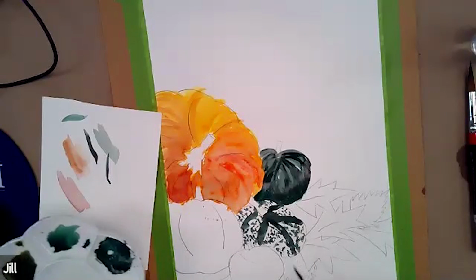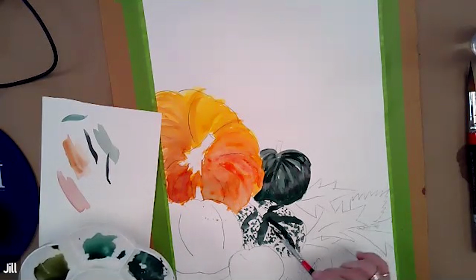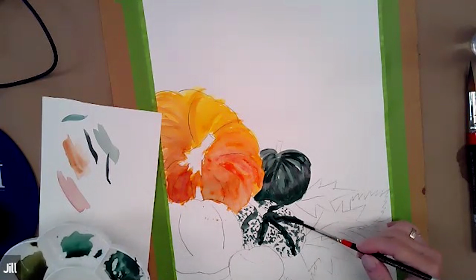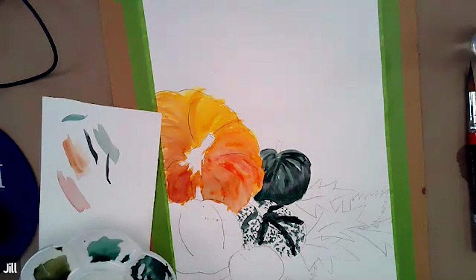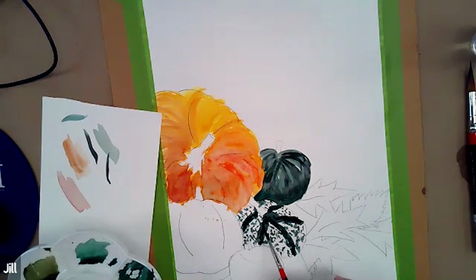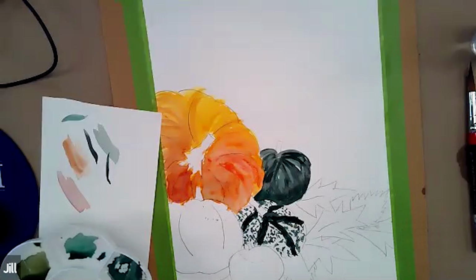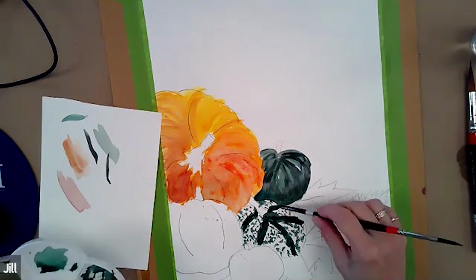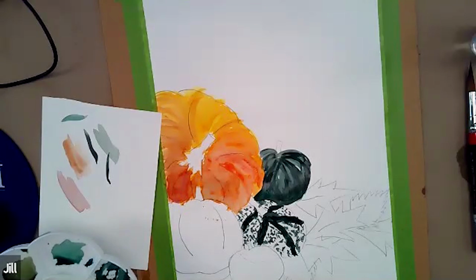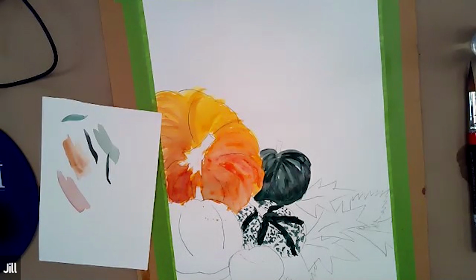As this green dries, to me, I think it needs a little more. So I'm gonna do a little more zigzag on my crevices down the center of them. And as we get this definition on the background, that'll kind of outline this particular pumpkin. So it might look a little stark right now, but let's see, back to our